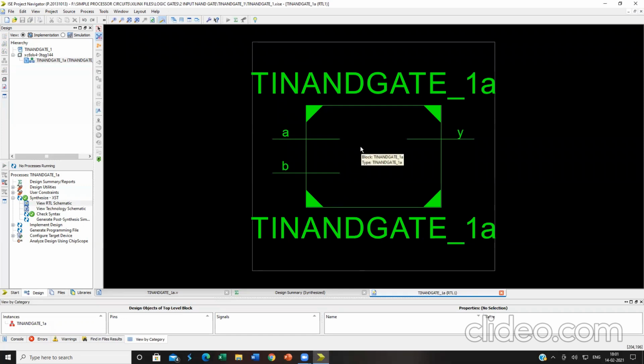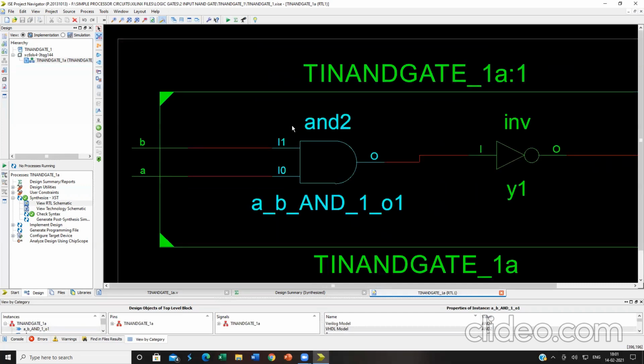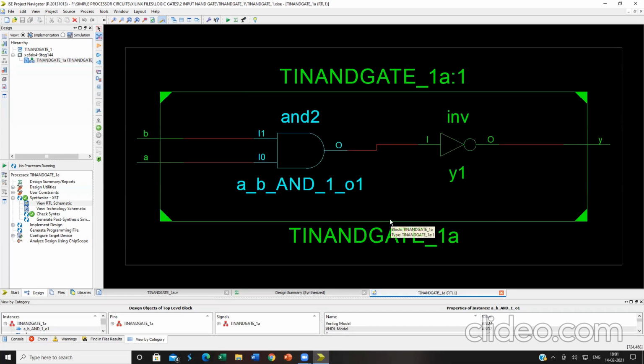If you double click this black box, it will show you the NAND gate. So how is the NAND gate implemented? An AND gate with an inverter at the output. That is called NAND. And invert.